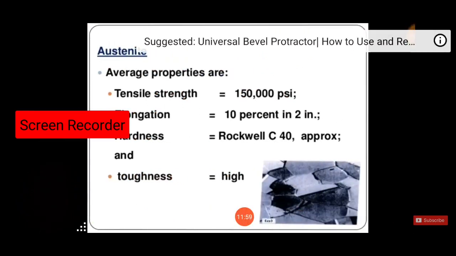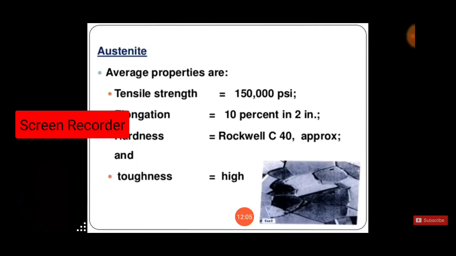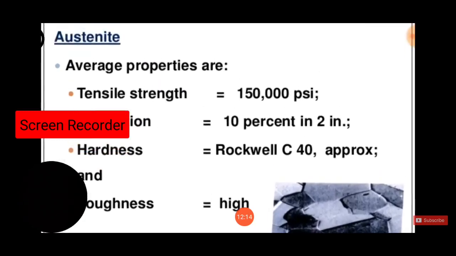Properties. Tensile strength 150,000 psi, as we saw above in the iron carbon diagram, and elongation 10% in 2 inches, Rockwell hardness 40 approximately, and high toughness. This is the austenite structure,